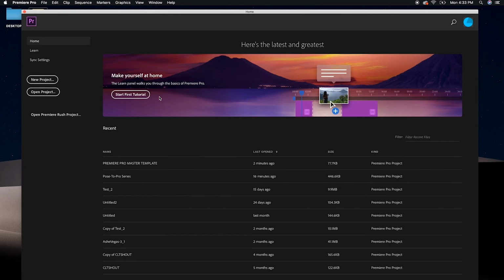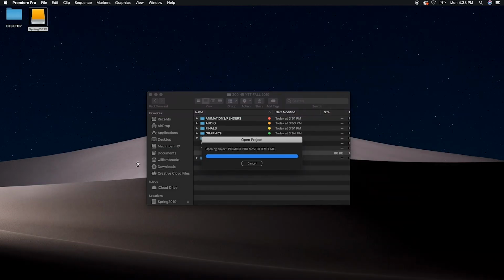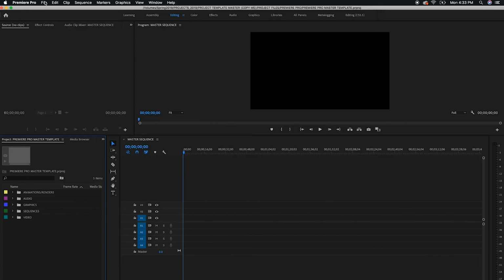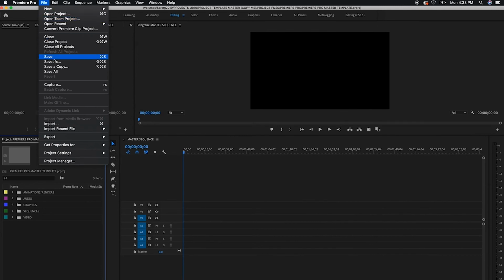So after Adobe pops up, it'll say, hey, so it should have opened that project file, but sometimes Premiere doesn't work like it should. So this is a good learning scenario. So what it should have done is open the software completely, but it's essentially saying like, hey, which project do you want to open? So we want to open the Premiere Pro master template that we just saved a few minutes ago. And we want to go to File, Save As,